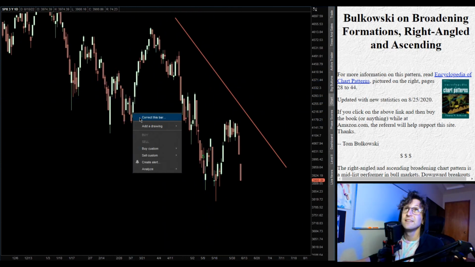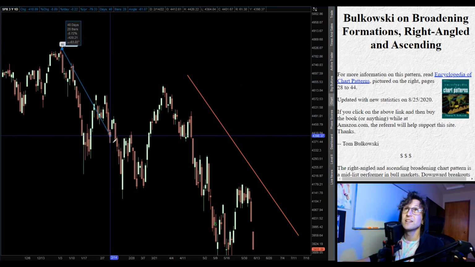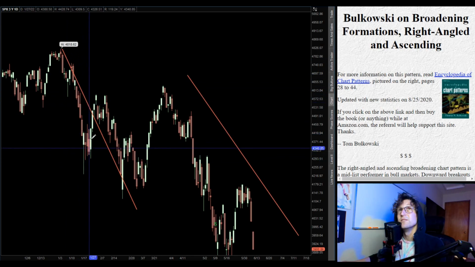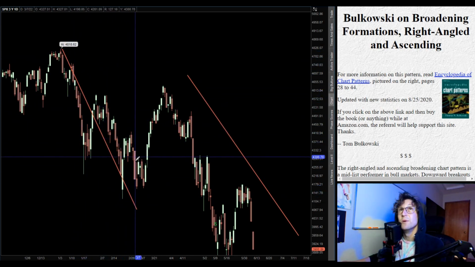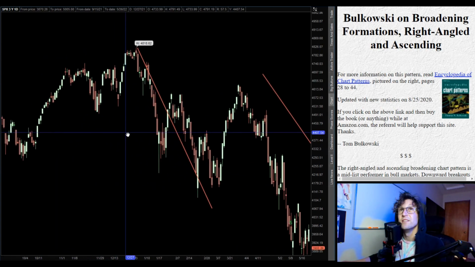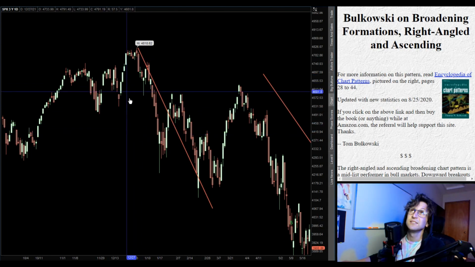Okay, so what that means is this run could be leg 1, 2, 3, 4, and that can't be 5 though, right? So this is a motive wave taking corrective wave form. That's a divergence. And guess what? That marked the top of the market. So suddenly you had a corrective wave